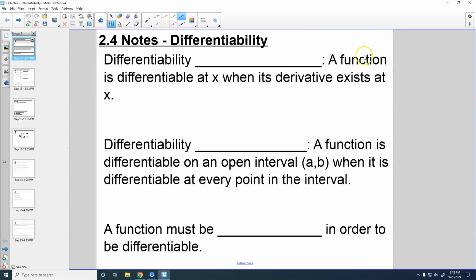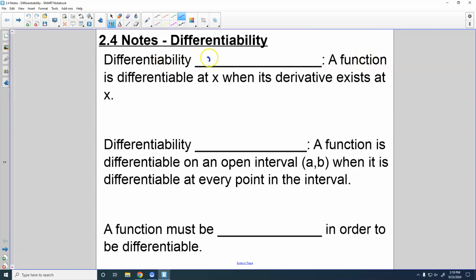So this first definition that we're going to look at is differentiability at a point. Much like continuity, where we looked for continuity at a point, and that's where we would write out the limit from the left, the limit from the right, and f of whatever that value was, and show that they were all the same. Differentiability is going to be a little bit similar. A lot of times we'll be considering it at a single point, and we will have to prove that that's the case there. Differentiability on an interval